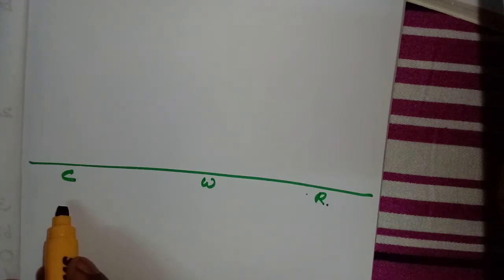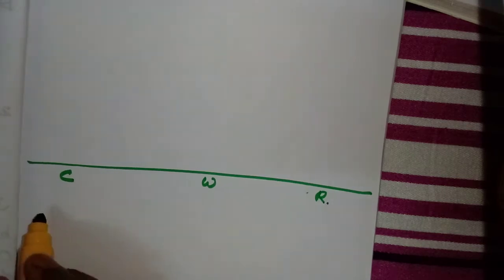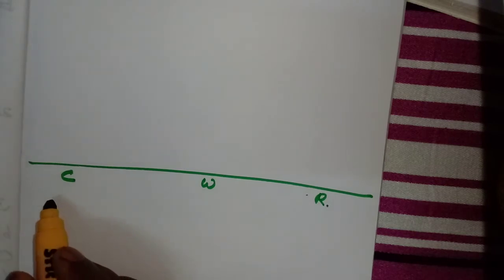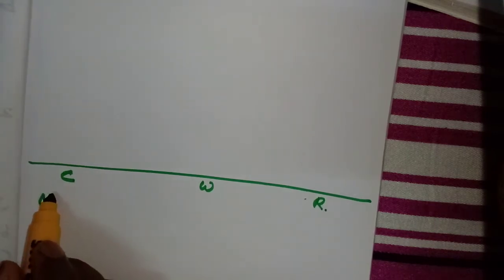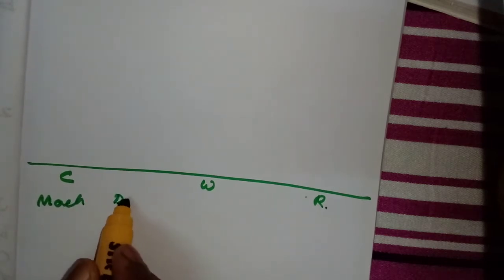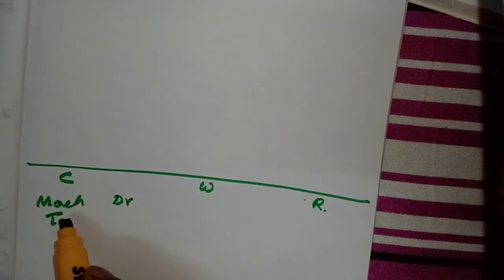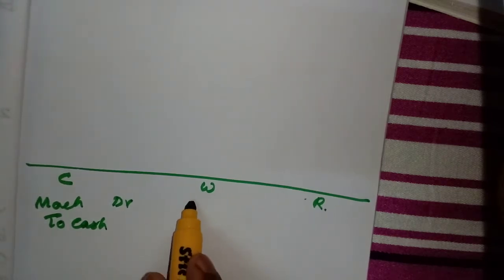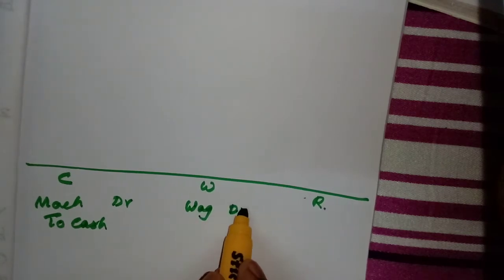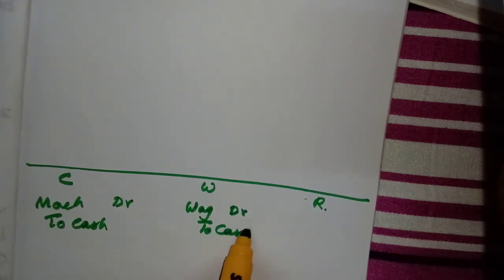So wages paid for the erection of machinery, what is the entry? We should not enter in the wages account. Wages is an expense, we should not write that. Here, machinery account debit, that is the correct entry. Machinery debit to cash, isn't it? What is the wrong entry they have made? They have debited to wages account. So wages account debit to cash.